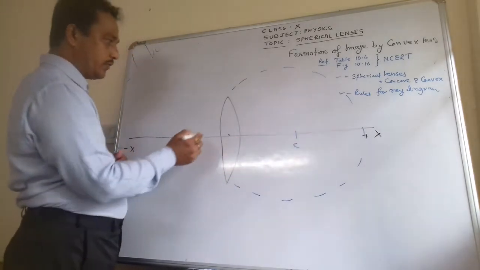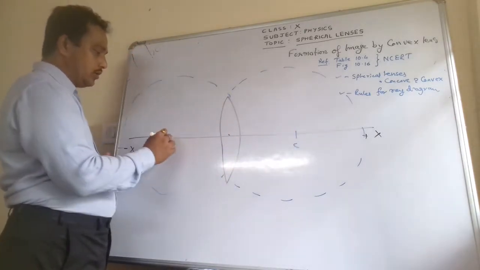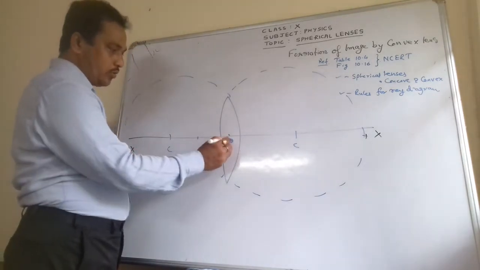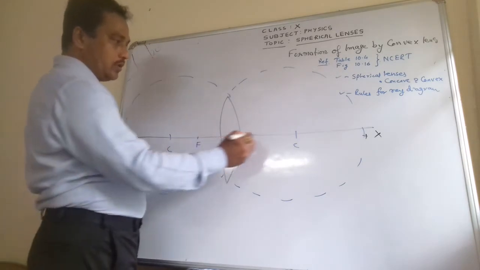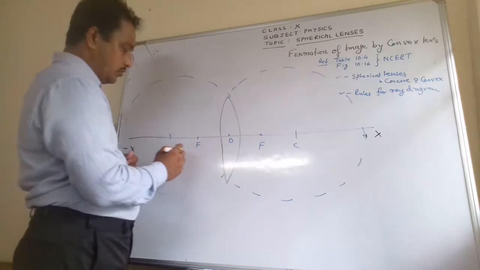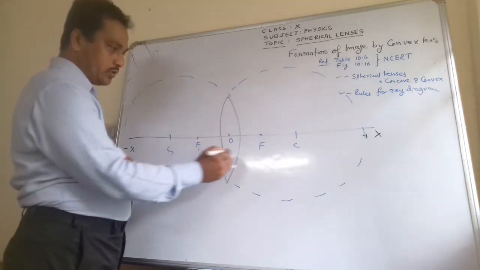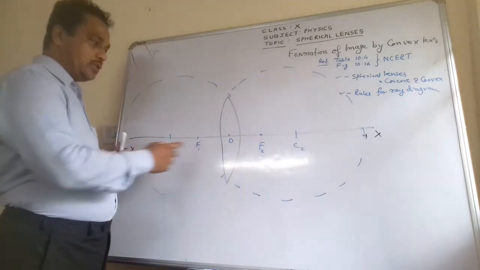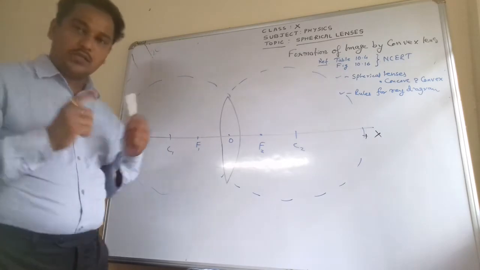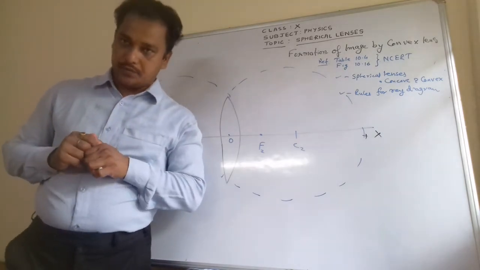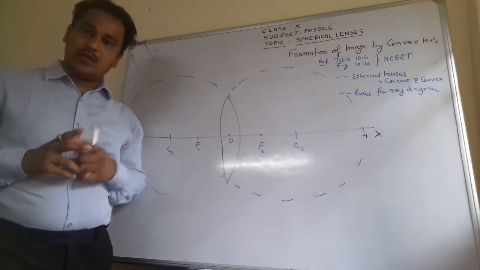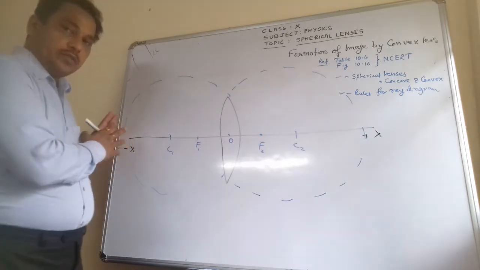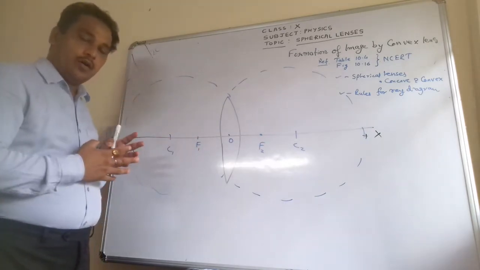This is one center of curvature on the right side and also on the left side, and the midpoint of the center of curvature to the optic center is called the focus. Similarly on the right side, focus. So this is the first center of curvature, first focus, second center of curvature, and all the distances are measured from the optic center by applying the new Cartesian sign convention, as you have done in the case of spherical mirrors. Similarly here in case of the spherical lenses we will apply the new Cartesian sign convention, and the distances of the object and its image, and the height of object and image, will be measured from the optic center.